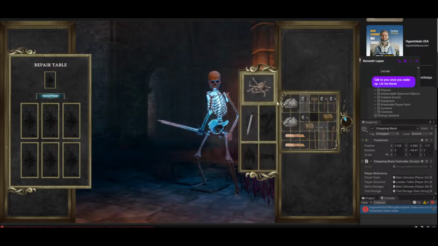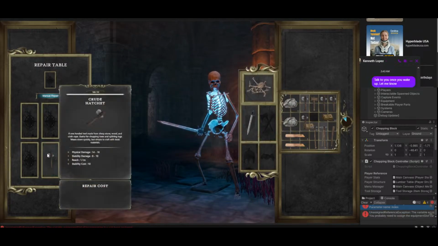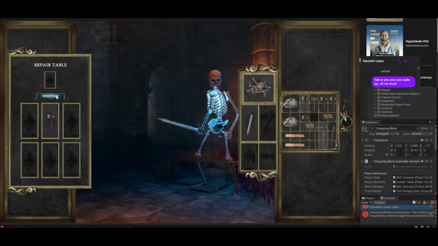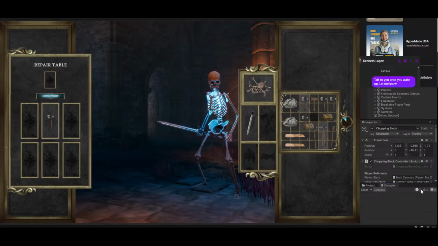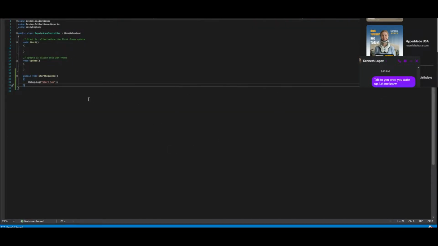Okay, so let's start. Let's put it here, there, and then check if it works. Manual repair. Okay, so it works. Now that it works, what we want to happen is first check